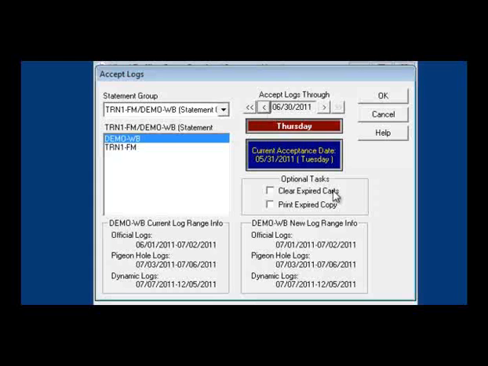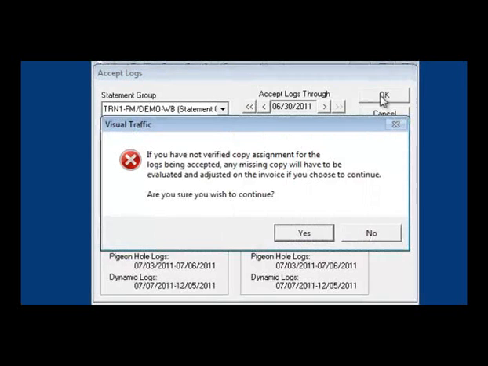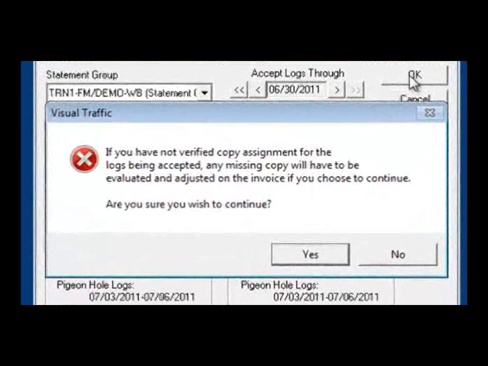You could optionally clear expired carts and print expired copy, but I prefer not to do this during billing time, but to do it later on during the month. Click OK. A warning pops up that if you have not verified your copy assignment for logs being accepted, any missing copy will have to be evaluated and adjusted on the invoice if you choose to continue. This is why we print our copy missing report before we accept our logs, so that this won't be a